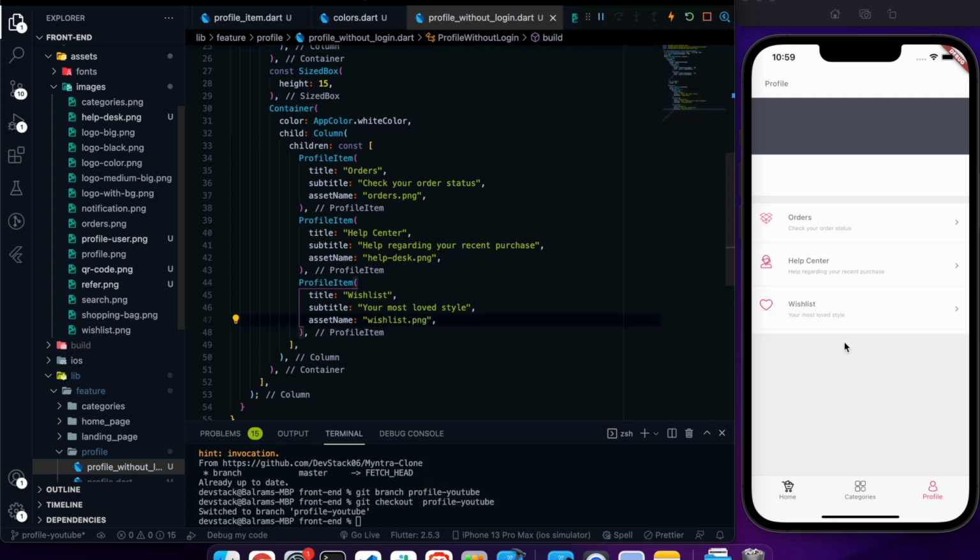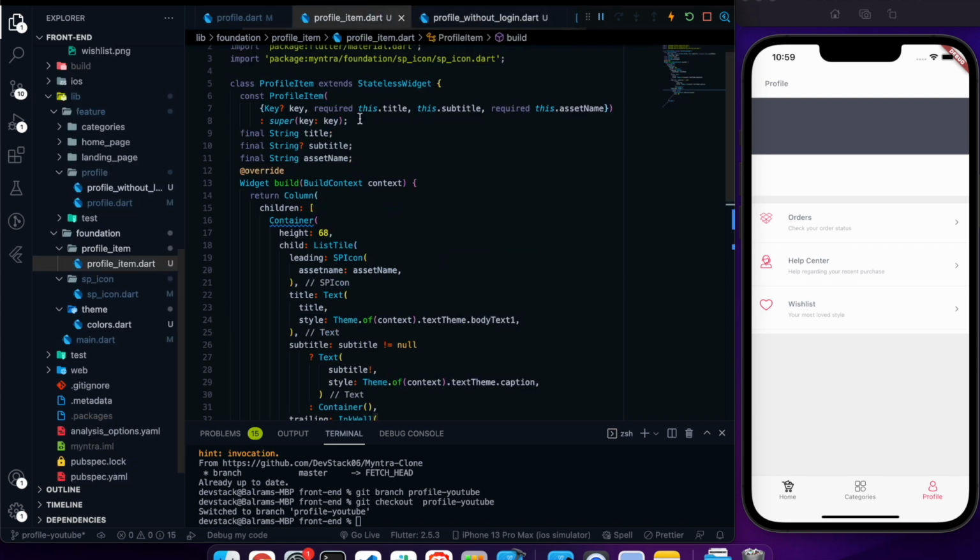So we have added the wish list also, and actually we don't need this divider at the last. Okay, so what I can do, I can create a separate logic for it. I can go on the profile item.